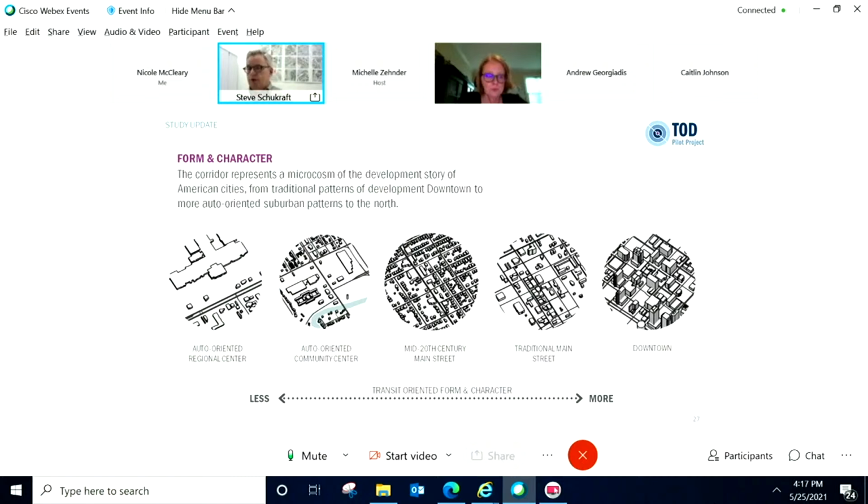So we've got the early streetcar suburbs and the traditional Main Street conditions that exist along North Franklin, patches of that north on Florida. We've got the mid-century Main Street conditions, so the very, very beginning of suburban development forms along Florida. Then larger scale as we move north of the river, and then University Mall represents kind of the peak of that 20th century suburban development pattern with the very large footprint sites surrounded by parking. So we have all of these different contexts we need to deal with in the study.